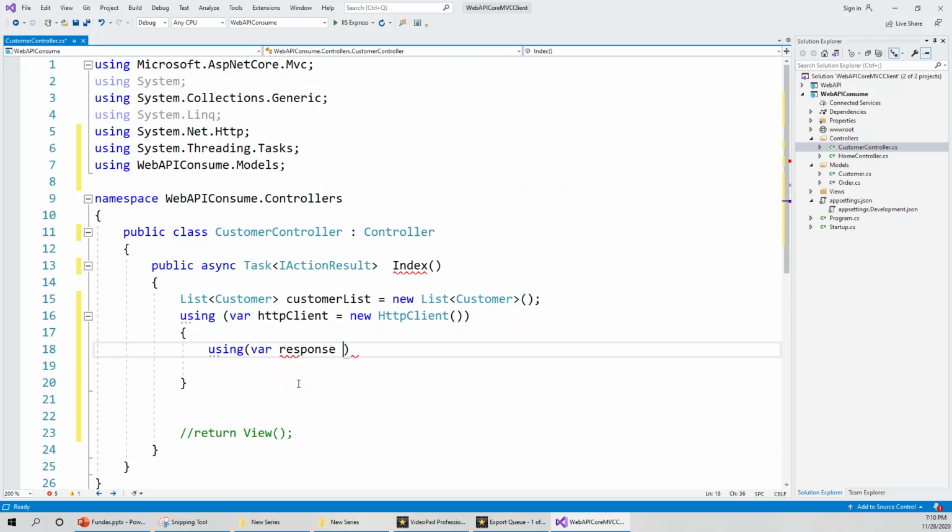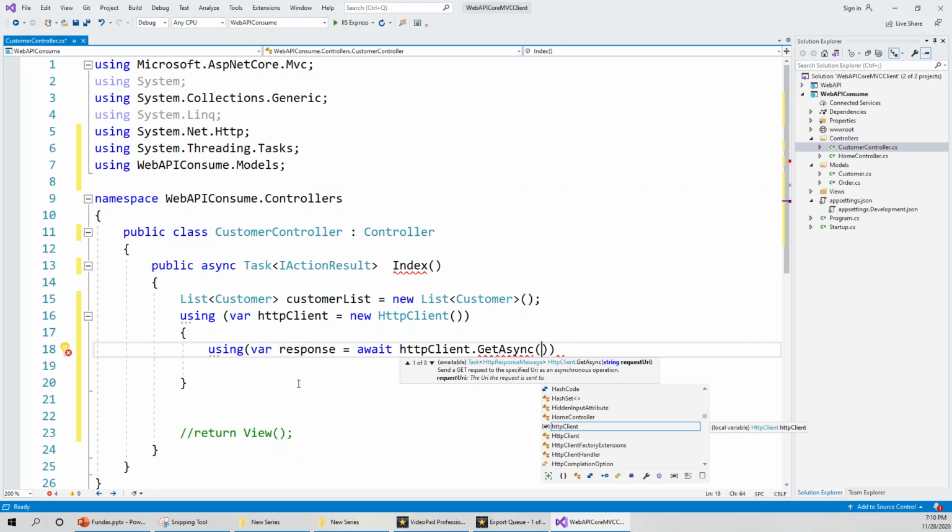variable response, and I will explain everything. Await on this httpClient. I'll make use of this httpClient that I have created above. Dot, there is a method called GetAsync, and this method gets the response asynchronously from the web API. Okay, so the web API URL is,